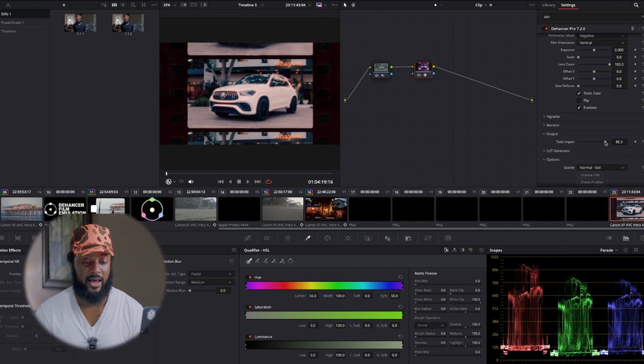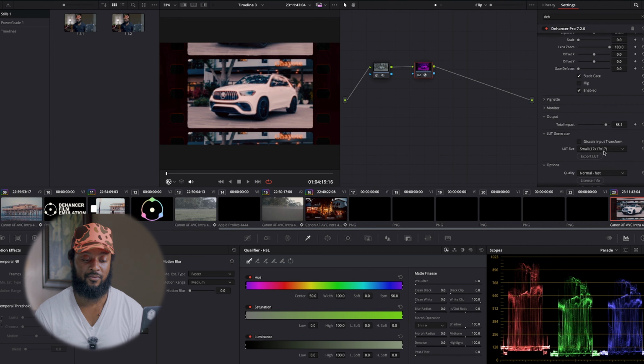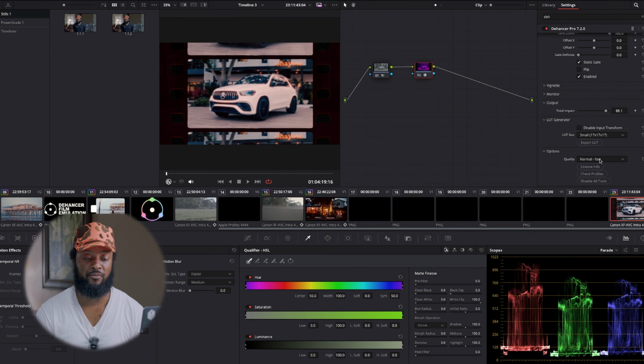Let's say we leave this at 85, right? So it gives a certain look. It gives a hazy, dreamy look, highlighting the restaurant in the back, but also showcasing the car. And then outside of that, this is one of the most important features, is that you can actually create a